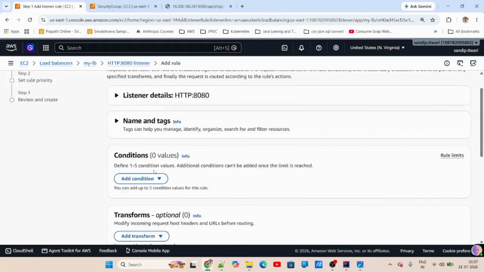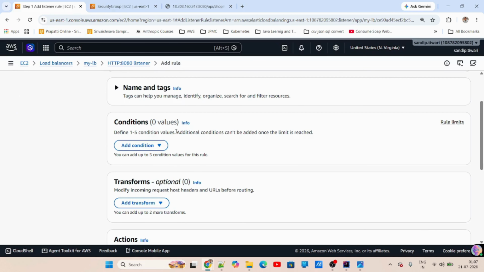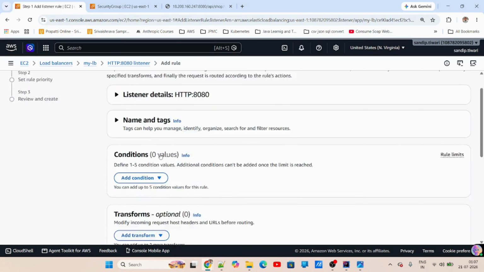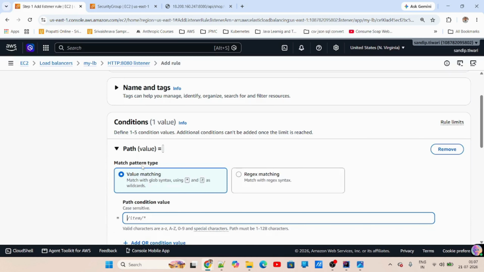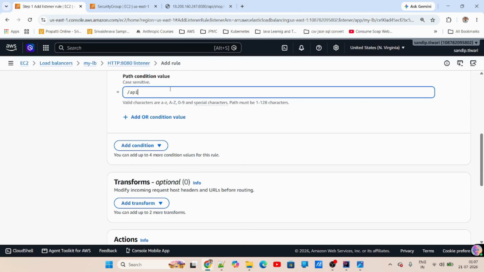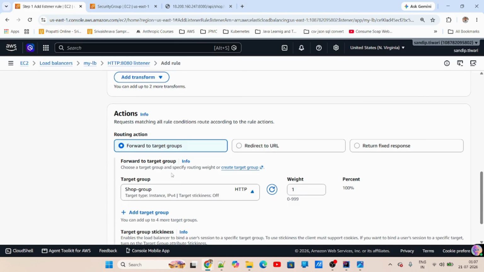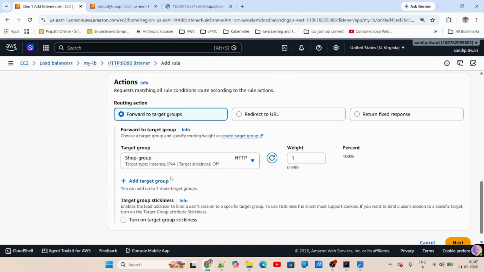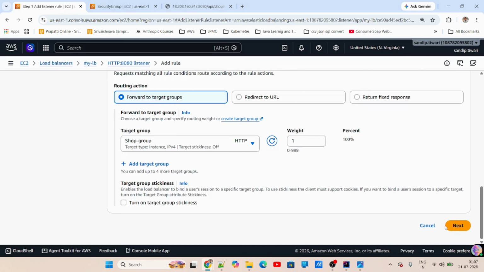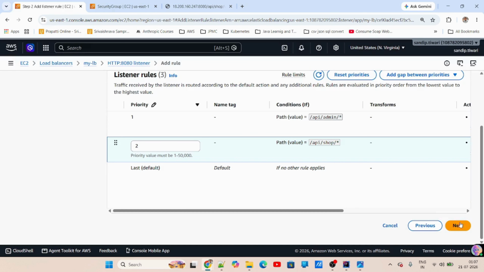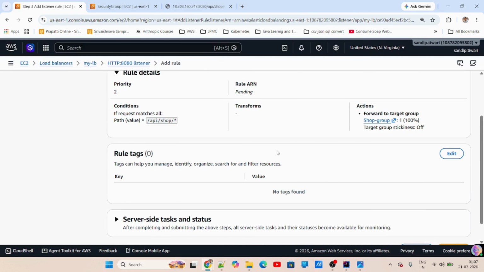Now I'll create another rule for shop. Just keep this in mind. So this is the listener details. Name and tag, you can give any name and tag that you want. Now we just add the condition, path based, slash API slash shop slash shop. And then shop group. This is going to shop group, basically the shop listing. Next, we give the priority as 2. Go to next